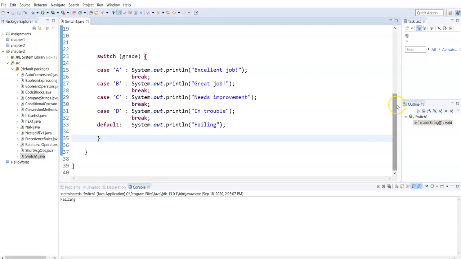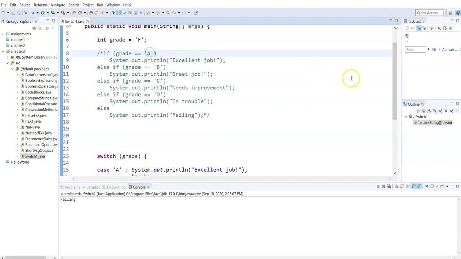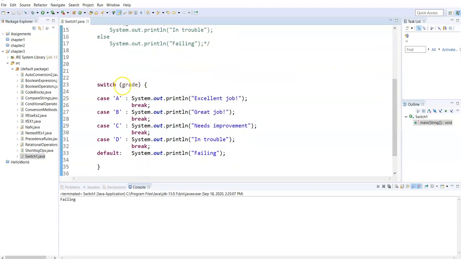So for each if statement where I was checking a specific value, I can now create a case. So I have a switch expression. This expression again has to evaluate to an integer or a character, a letter, which is a character, a whole number. And then each case has that particular value that I was checking in the if statement. Then we have the colon, and then whatever action we wanted to happen for that particular if statement. So I happen to be printing these messages for each letter.